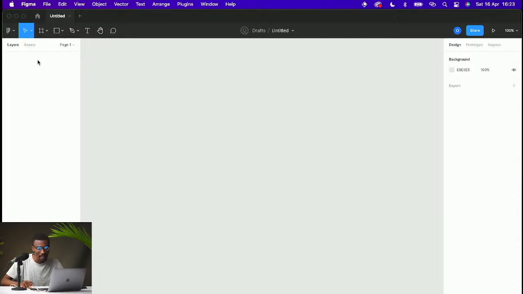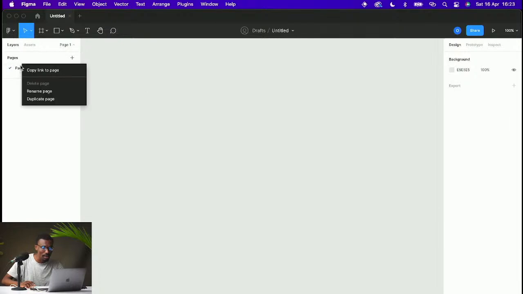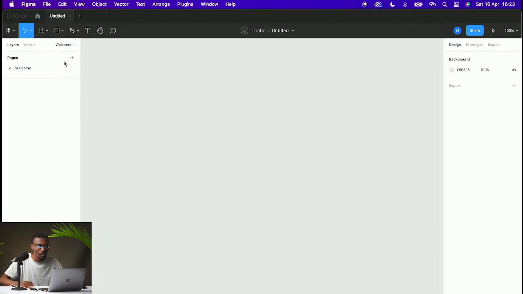This is your layer panel and asset panel, and also page. You see layers here, you see asset here, you see page here. And so this page tells you that this entire screen is on page 1, and you can rename the page. I can come here and rename it by double clicking or right clicking, and then just rename whichever one you want. I can say this is welcome. This is your welcome page. If you want additional pages, you click on this and then you have another page,